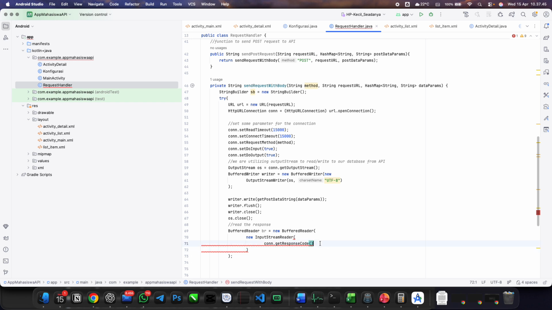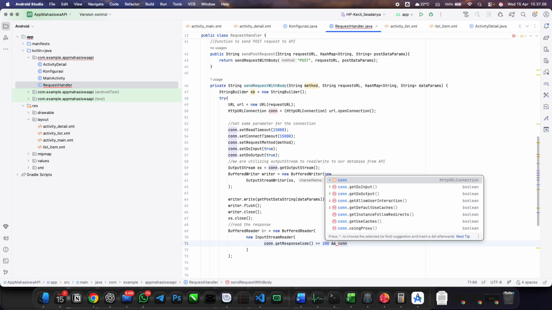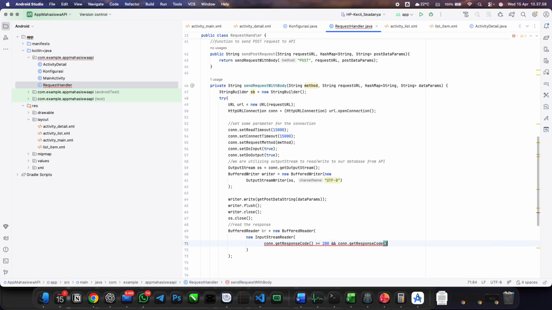Okay, for the response code, we make it 200, I think that is enough, and con get response code smaller than 300. We are utilizing a ternary in here. You still remember ternary, right?